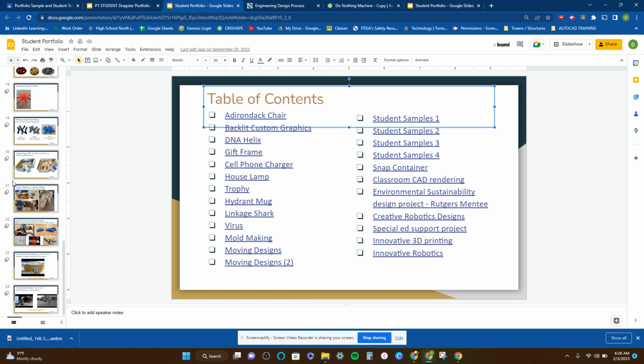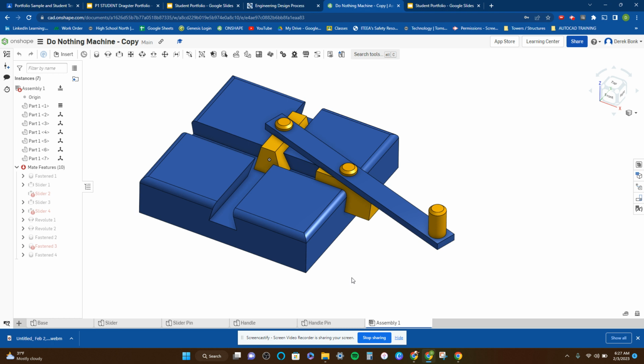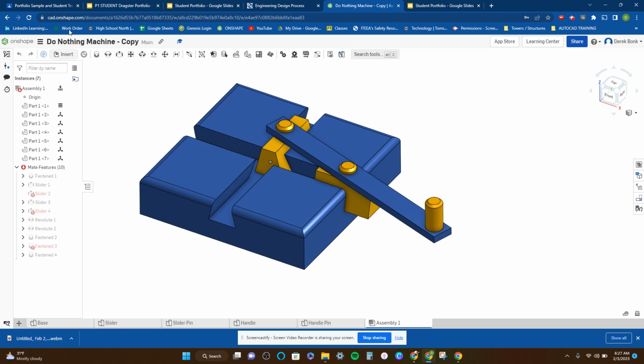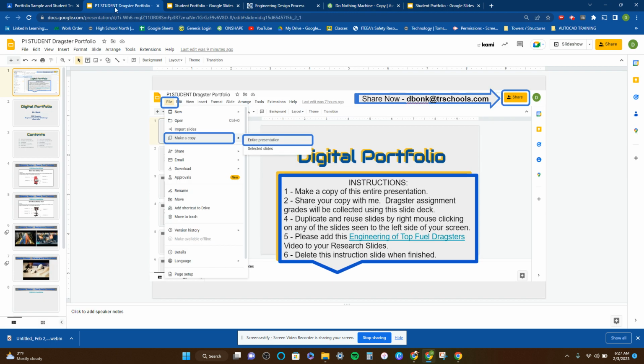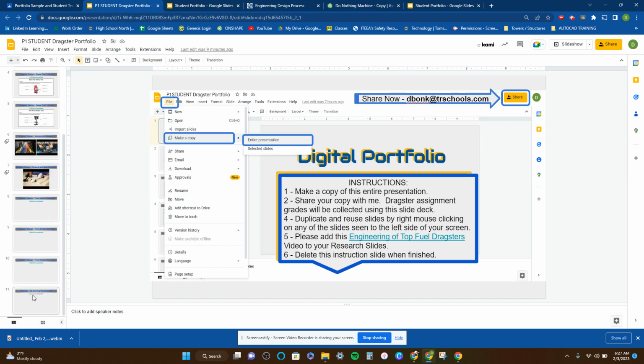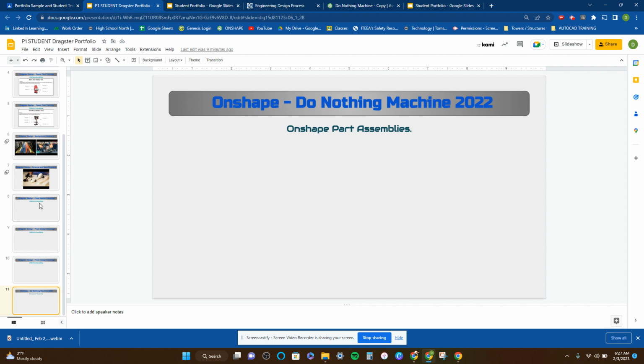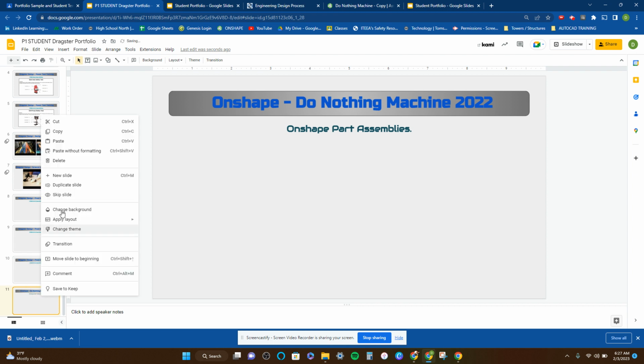So it's just such a beautiful way of being able to easily get things out there to the world. And then for specifically things like Onshape, and to get into the specifics here, what you'll do is take your student version of this over here on the left side where these slides can be created and sorted. You right click and duplicate